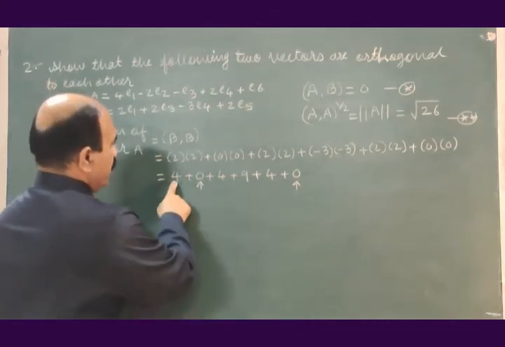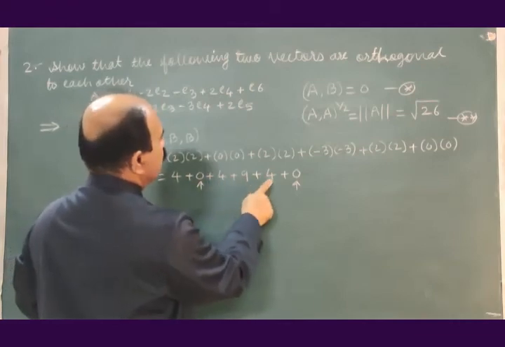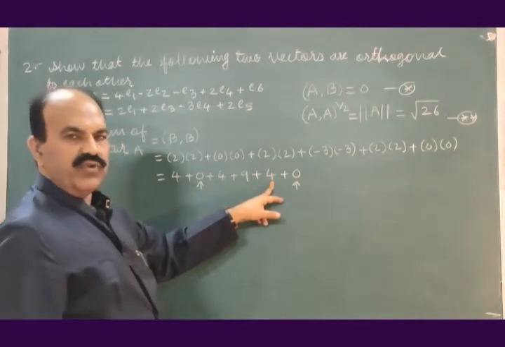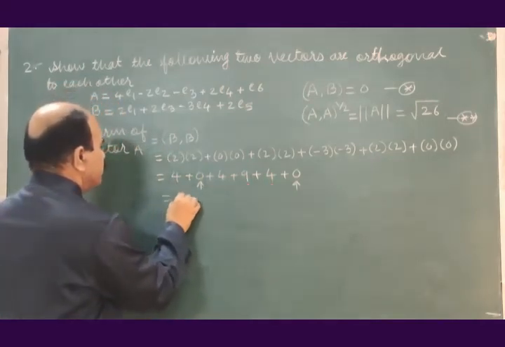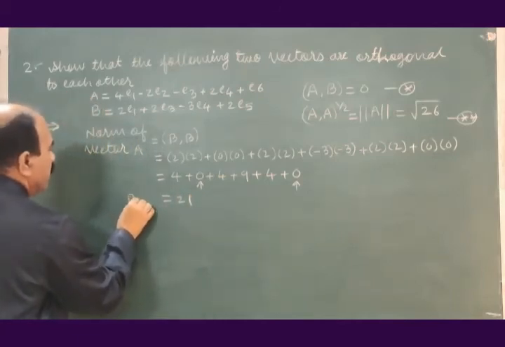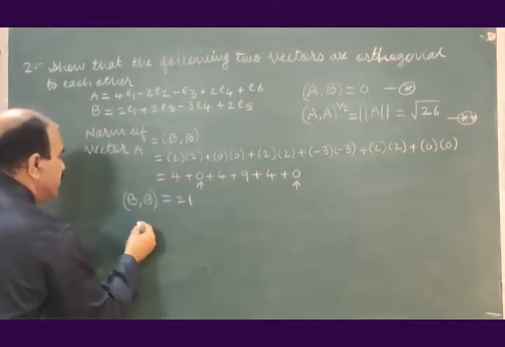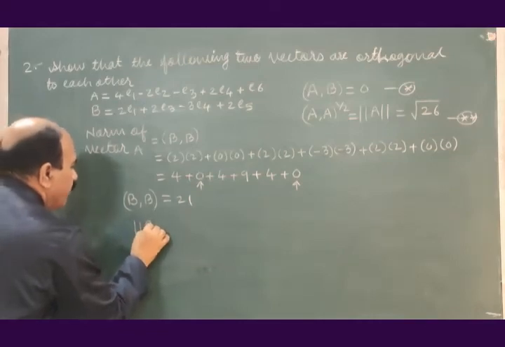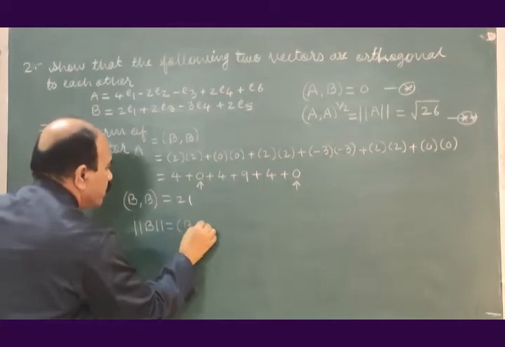Then 4, 4, 4, how many times? 1, 2, 3, 4 3s are 12, plus 9 is 21. That is, inner product of B with itself is 21, and therefore norm of B is equal to